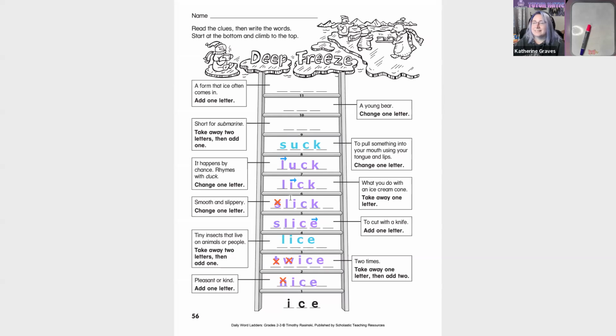Yes. Or if someone was bad at games and I didn't want them to play with me anymore, I would turn to my friend and go, it's a mean word for your friend or someone who's not a friend. But mostly it means to, yes, pull something into your mouth using your tongue and your lips, because that's kind of what you're doing. When you suck something through a straw,